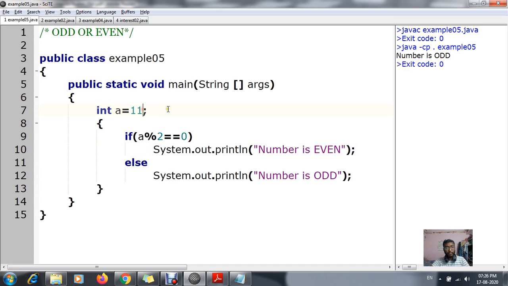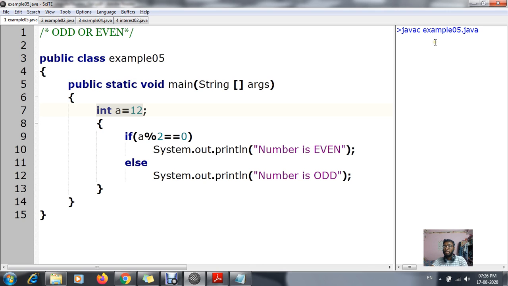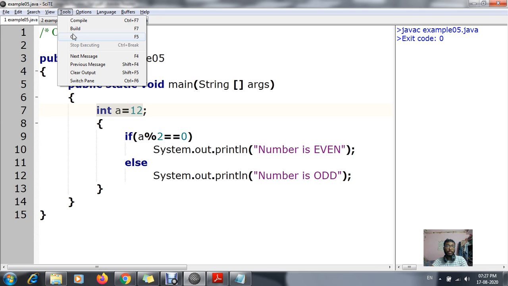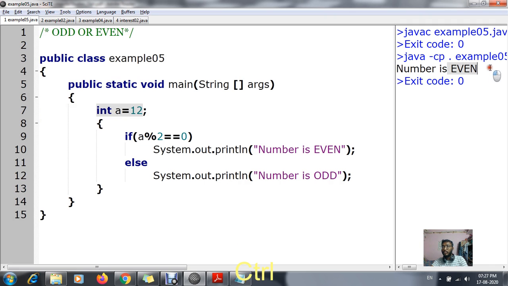Just imagine I am writing it as 12. Right now you can see the value of a is 12. So Ctrl+S, save, tools, I've cleared the output, compile, exit code 0. Now if I click on the go button, you can see the number is even.